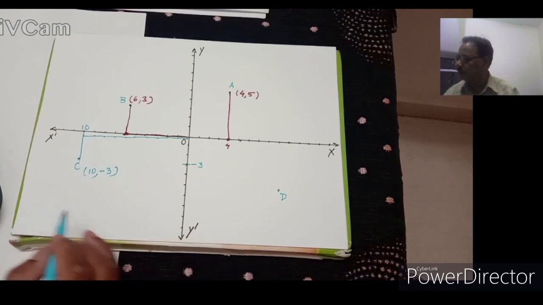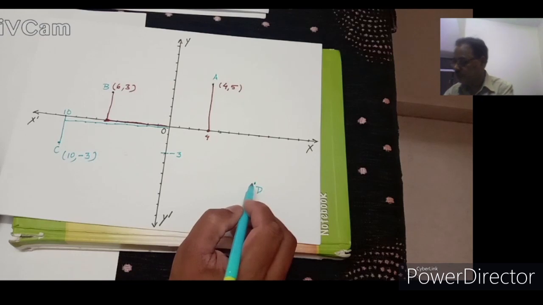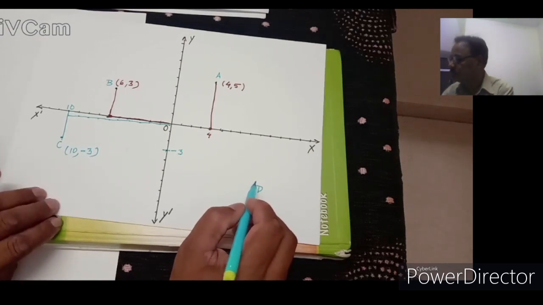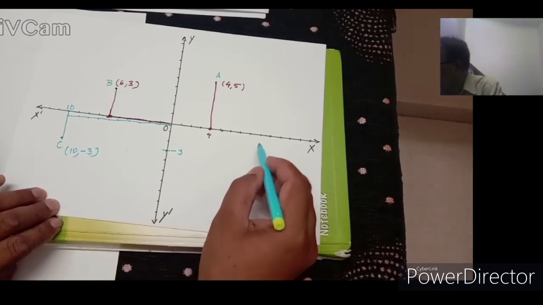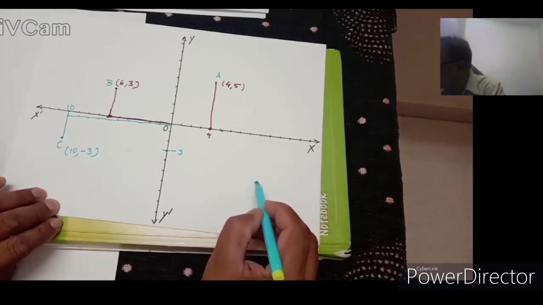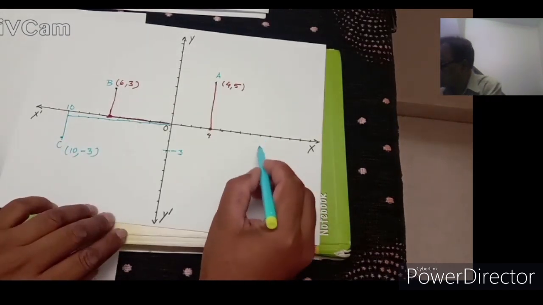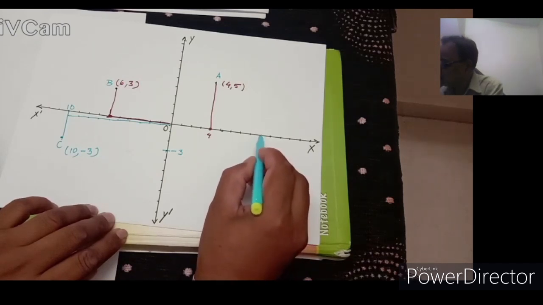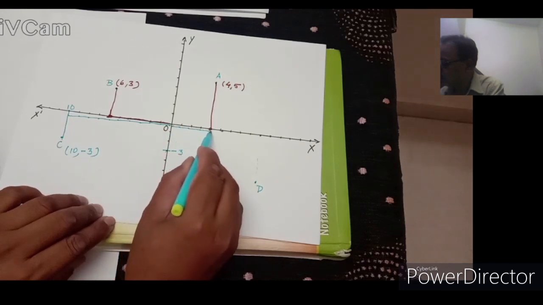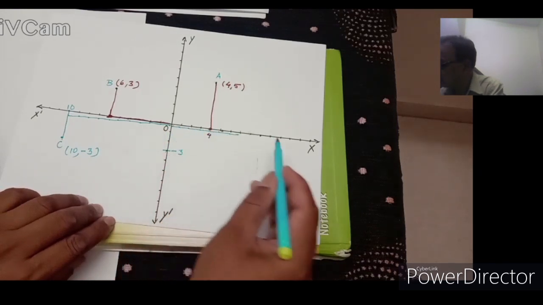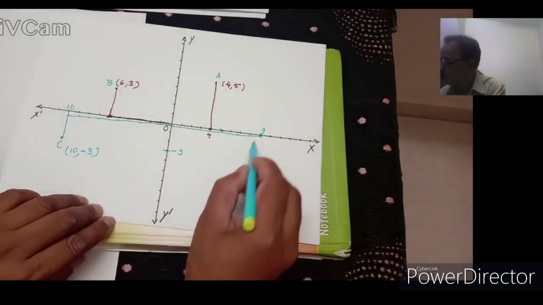Now we are coming on the point D. Let us see point D. Where is point D? So in front of which mark it is the point D, in front of which mark on the x-axis? So let us see. 1, 2, 3, 4, 5, 6, 7, 8, 9. This is 9.